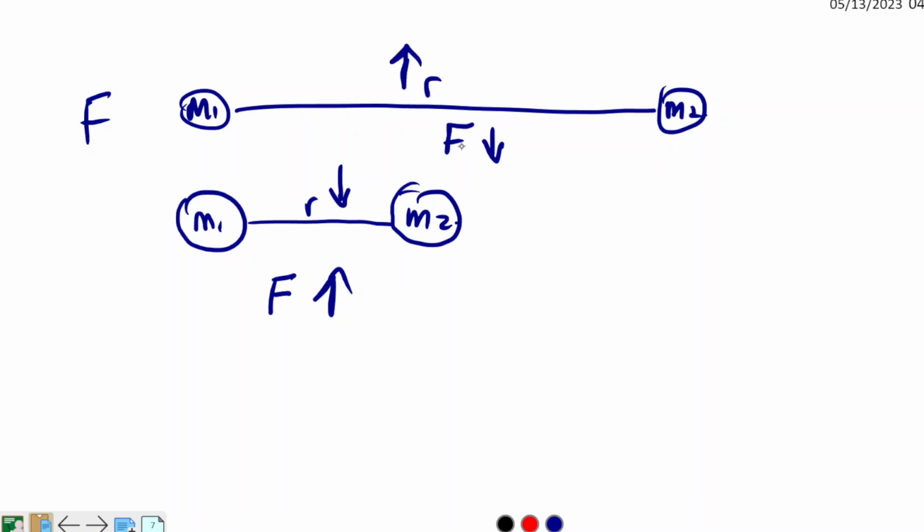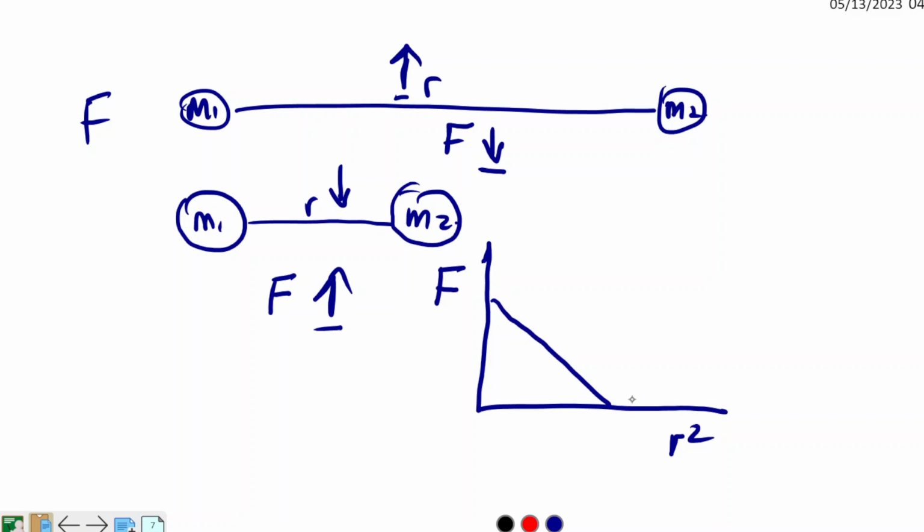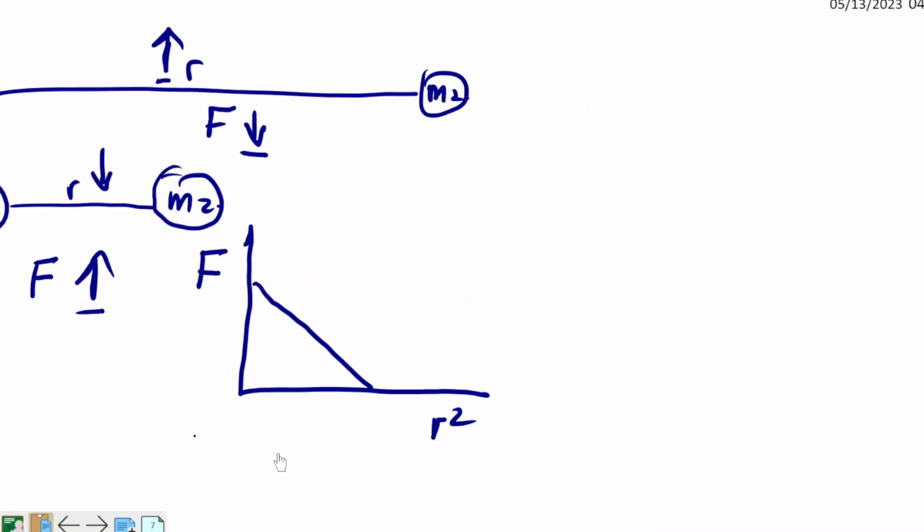So you can see that the force and the distance between two objects are inversely proportional. When the distance decreases, the force increases. When the distance increases, the force decreases. So this is the relationship that is happening here. The force and the square of the distance are inversely proportional. That means when one increases, the other decreases. So if you are going to have a situation where you're not talking about the square of the distance, you are talking about the inverse.